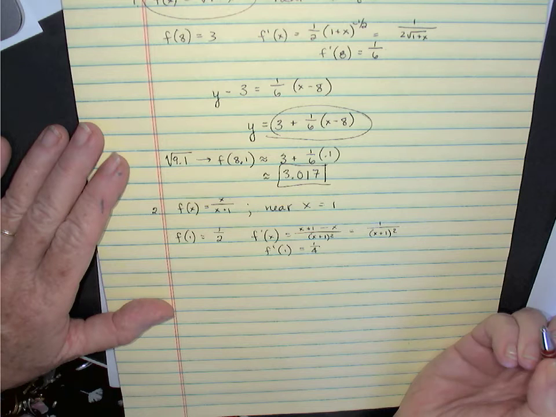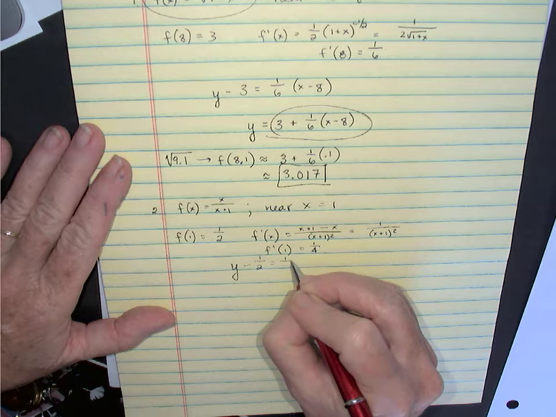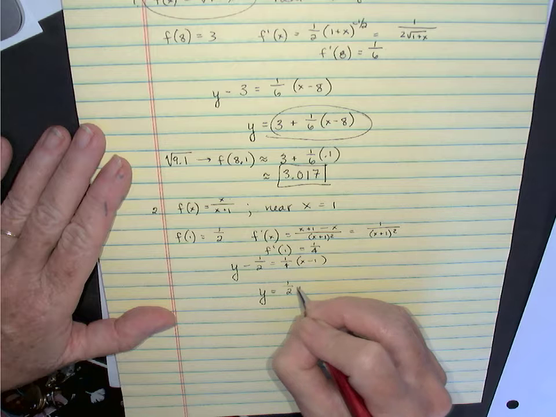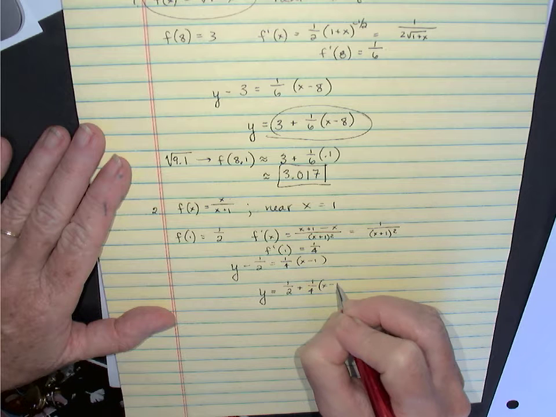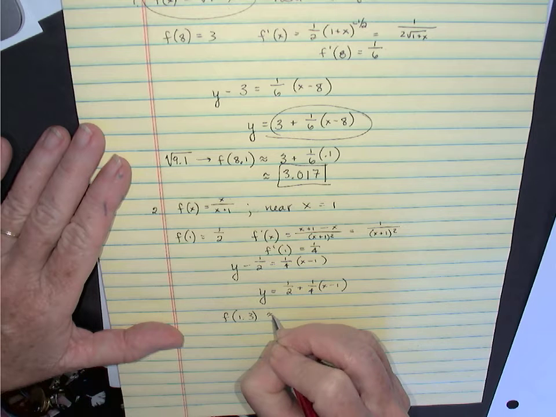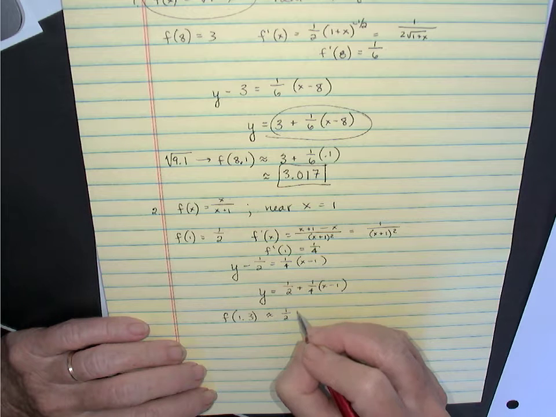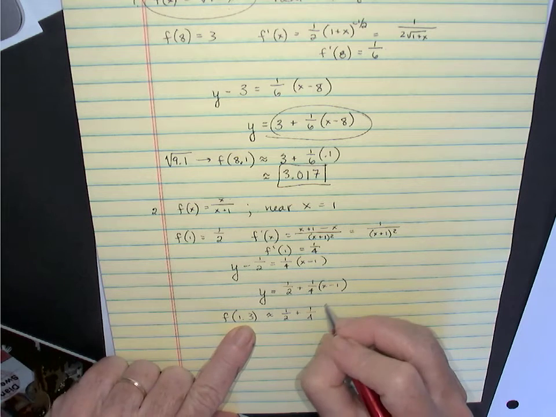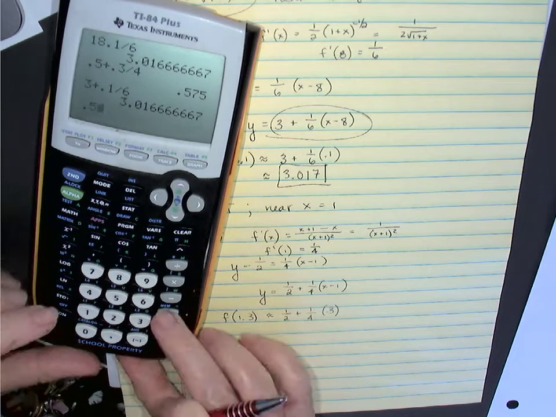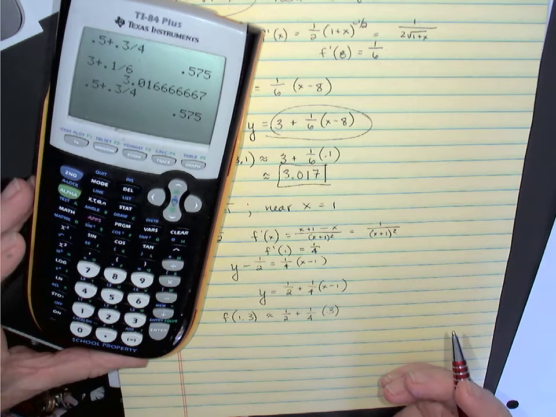So then the equation of our tangent line is y minus 1/2 equals the slope, 1/4, times (x minus 1). I'm going to write this as y is 1/2 plus 1/4 (x minus 1). And we're going to try to approximate f of 1.3. That's going to be approximated by this tangent line. So we'll have 1/2 plus 1/4, and 1.3 minus 1 is 0.3. That's going to give us 0.5 plus 0.3 divided by 4, which gives us approximately